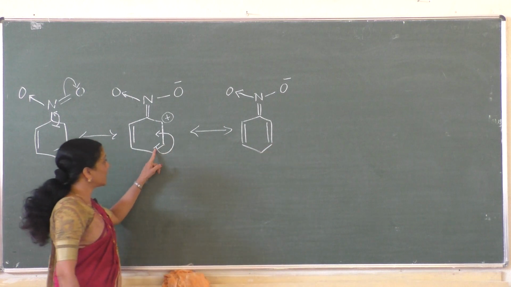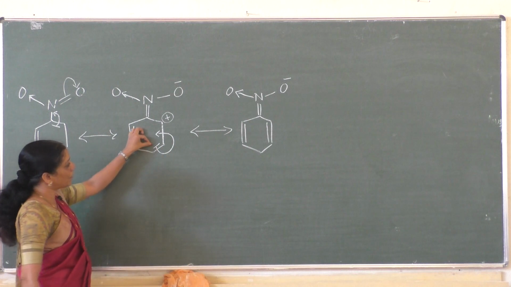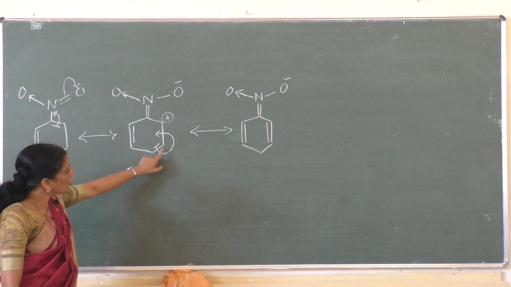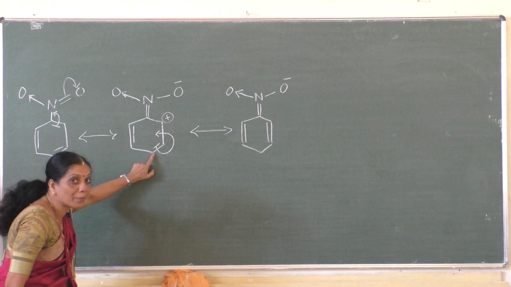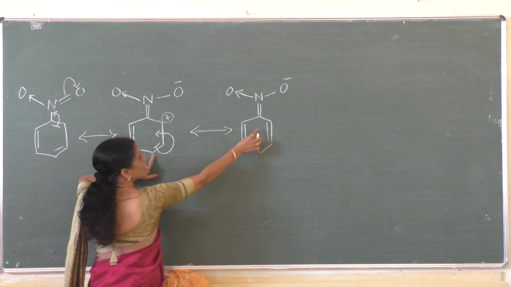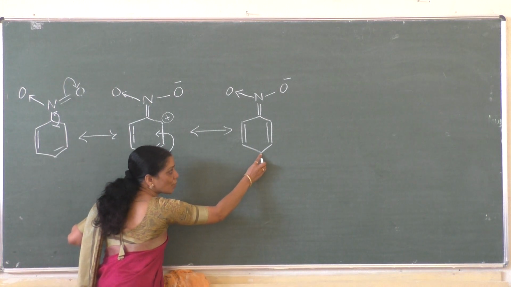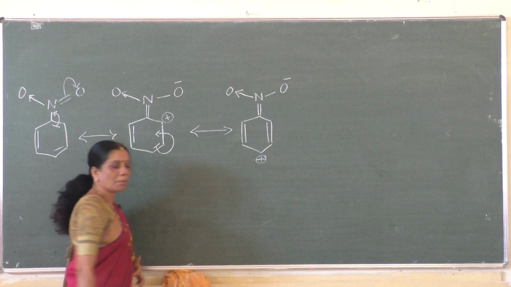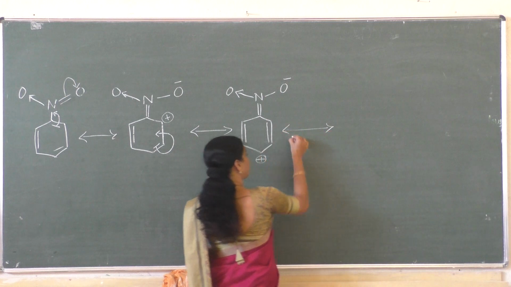Understood? That means the shift takes place to this position, so you can see here whether the bond is present in this position or in this position. No loss to this carbon atom now. Loss takes place to this carbon atom. It loses its single electron and it is donated to this carbon atom, where the positive becomes what? Neutral. That means the loss of electron takes place to this carbon atom here. What should I write now? Plus. Again, the next resonance takes place.